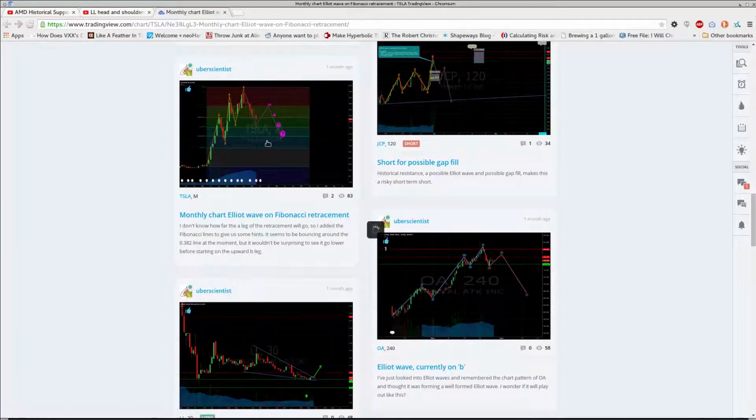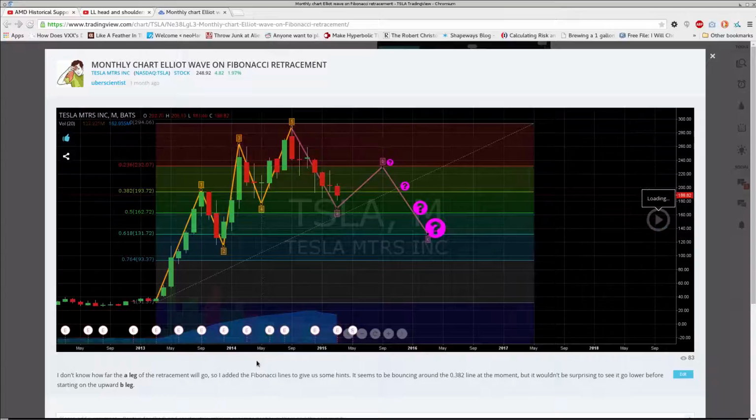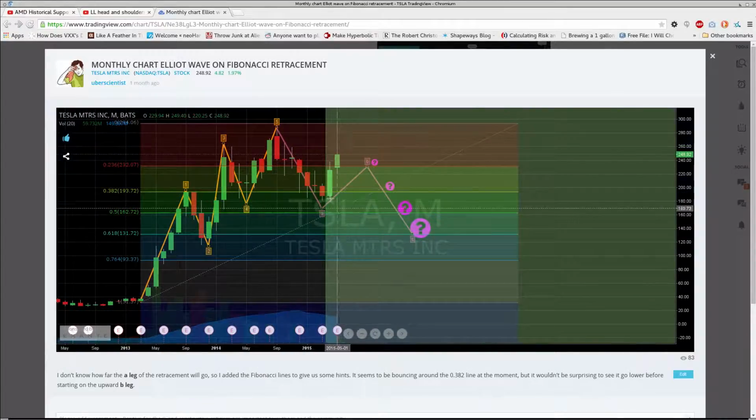Yep. Tesla chart. Let's check that one out. Look at that. I had no idea. But I just said like, oh, it's touching this Fibonacci line right here. It's a down impulse off of the Elliott wave. I don't know Elliott wave trading that well though. But so far, it's looking good. It's completing the A to B